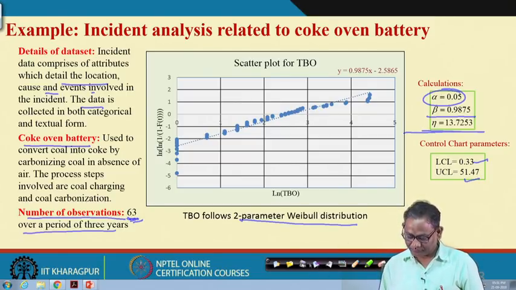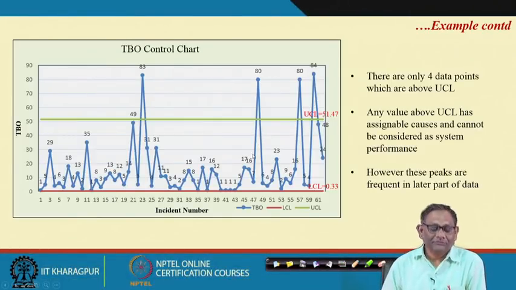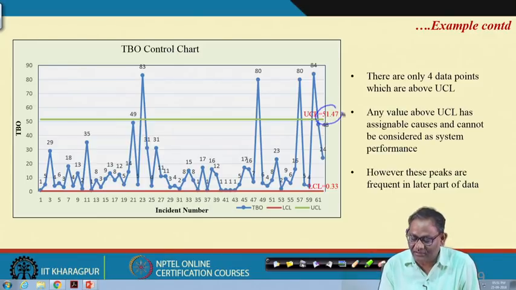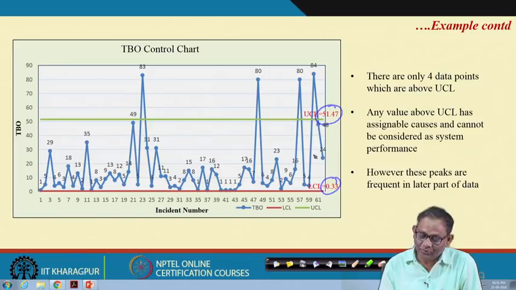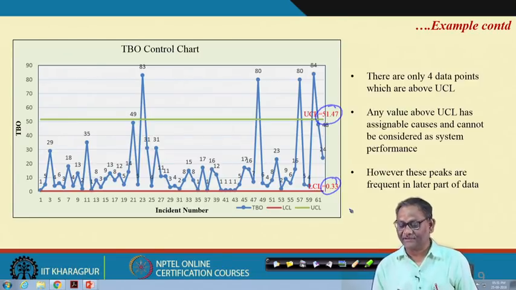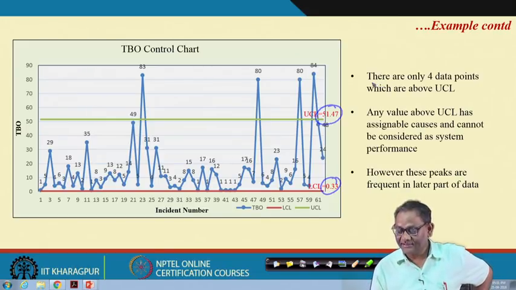And then see the plot. Now, at the beginning I started with this UCL 51.47, LCL 0.33. Now, you understand where these two values, 51.47 and 0.33, are obtained from. Now, if you ask me to read this chart, I will read it like this: there are only